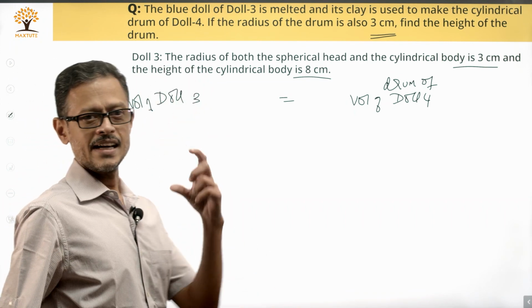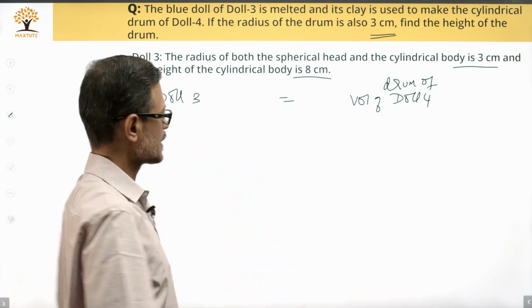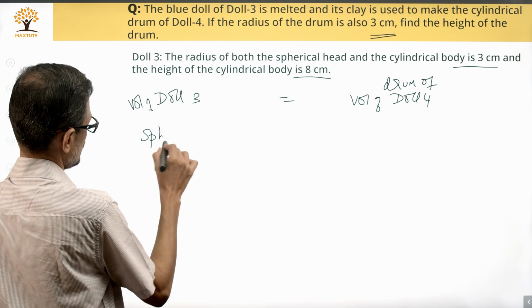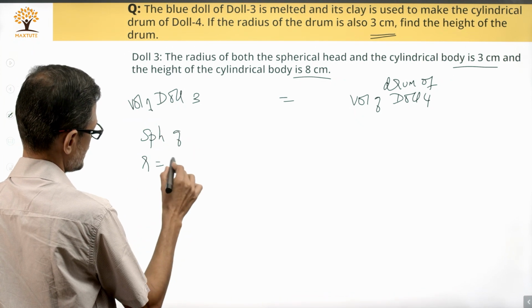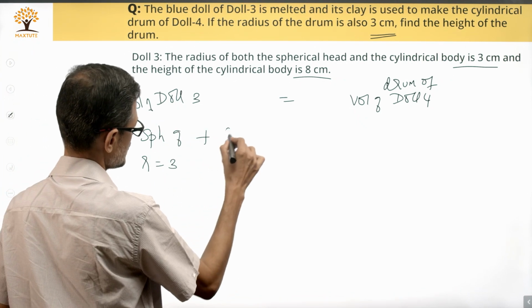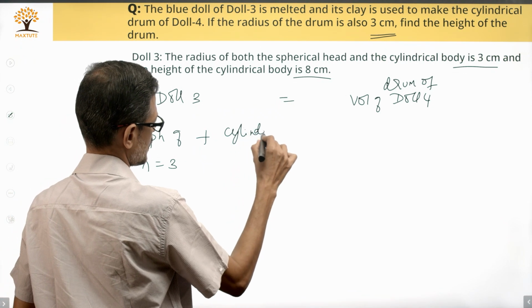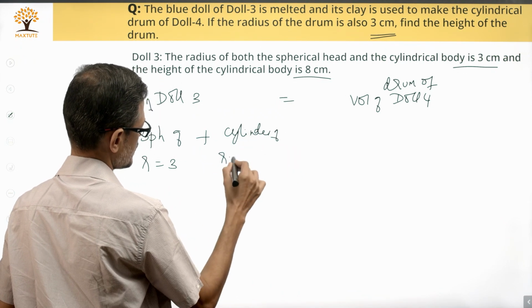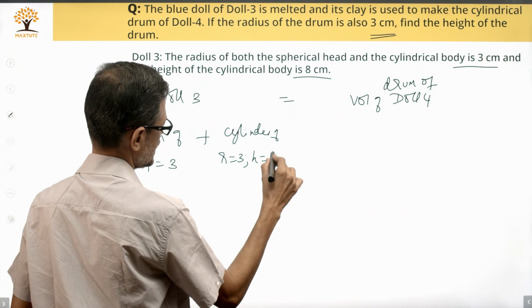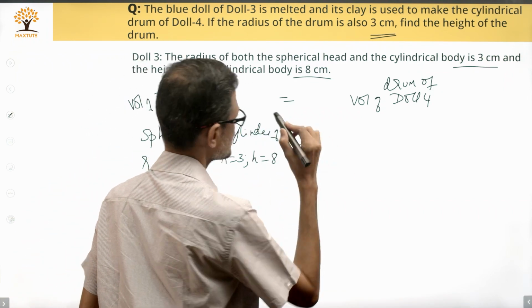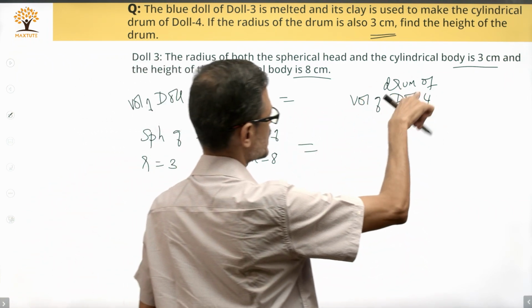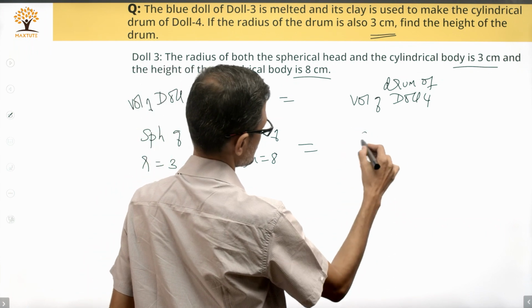Doll 3 essentially has a sphere and it's got a cylinder. So sphere of radius 3 centimeters plus cylinder of radius 3 and height equal to 8. This is equal to the volume of drum of doll 4, which is cylinder